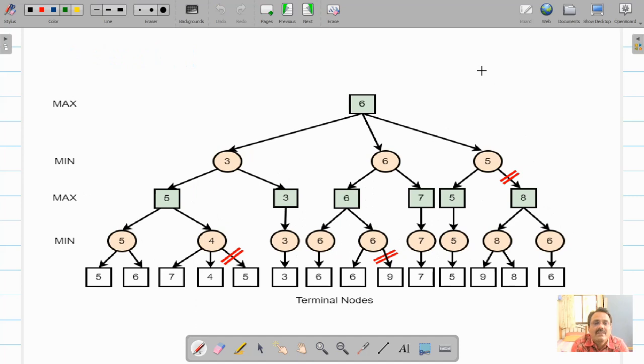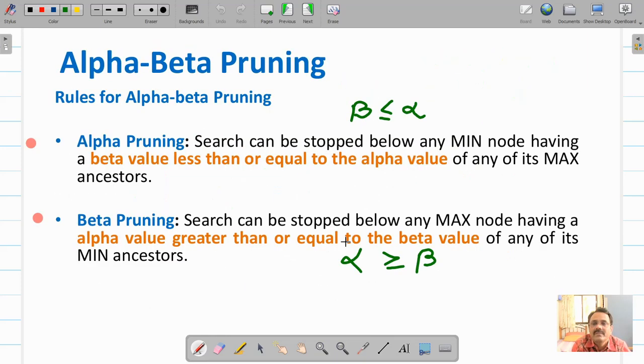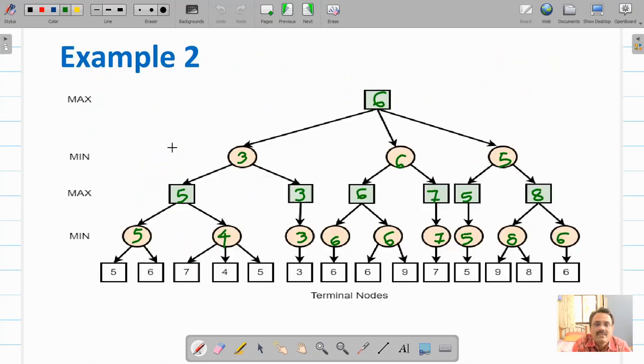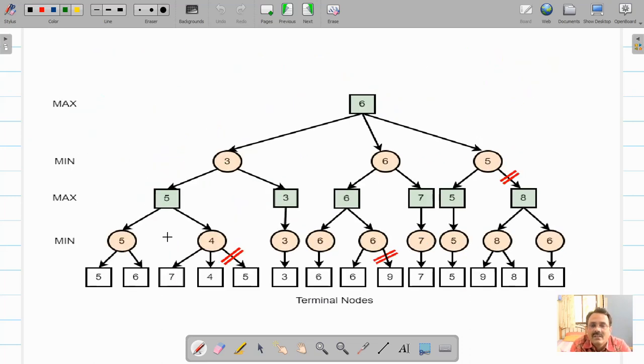So how many alpha cutoffs and how many beta cutoffs have we made? Below this min node there is an alpha cutoff. So we have made 1, 2 and 3. Check out. Below the min node you have to do alpha pruning. Out here also all this pruning we have done below the min node.